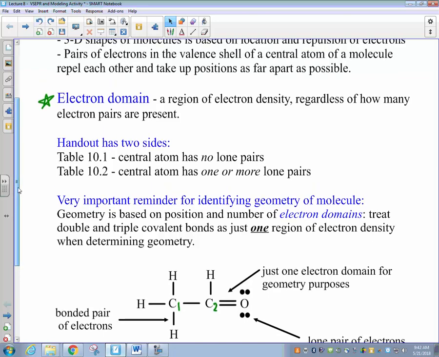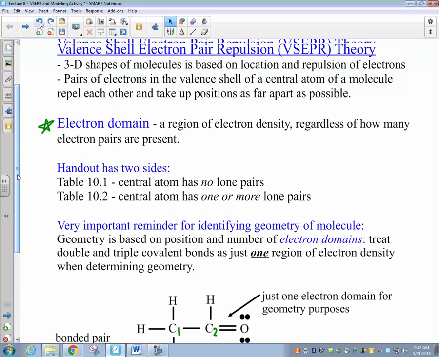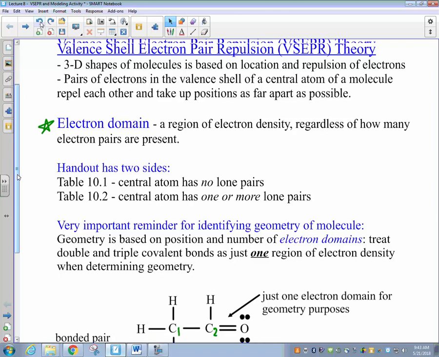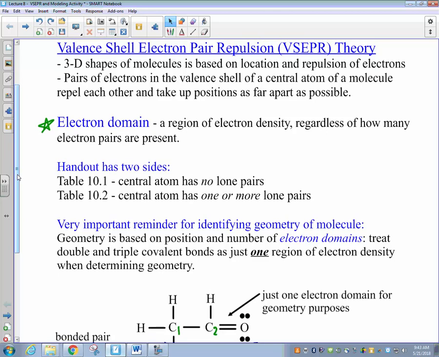Now, in order to assist you in determining the shapes of these molecules, we have given out to you in class a handout, and that handout has 2 distinct sides. On the front side of that handout, you'll see it labeled Table 10.1. The front side of that handout shows you the geometry dependent upon the electron domains around a central atom